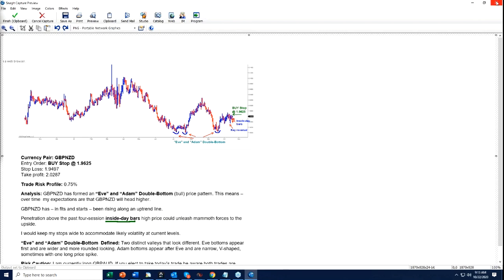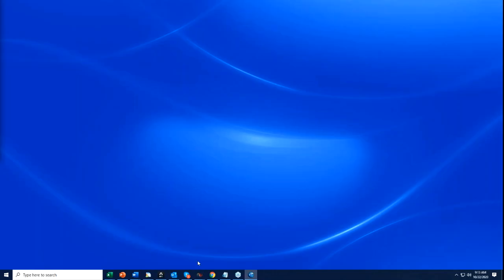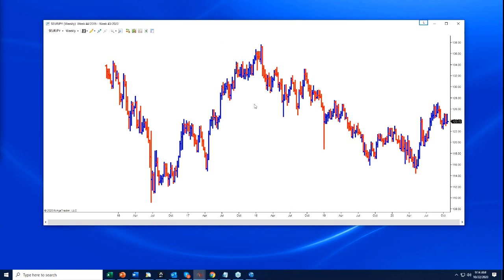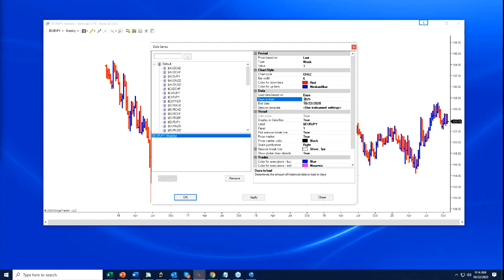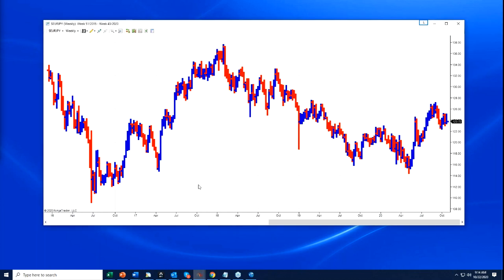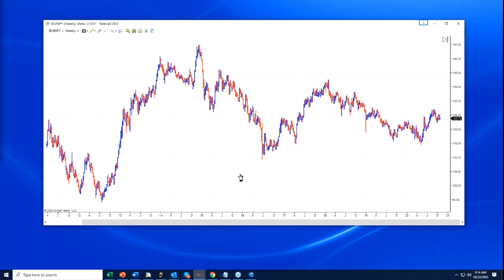So with that said, let me peel back the layers, and look at what I'm looking at right now as emerging opportunities. So I'm going to start with the euro versus the Japanese yen. And again, I'm going to show you how I use the longer term time frames to then whittle down and use the daily charts to exploit these trades, because we see the bigger time frames, but sometimes it's difficult to translate